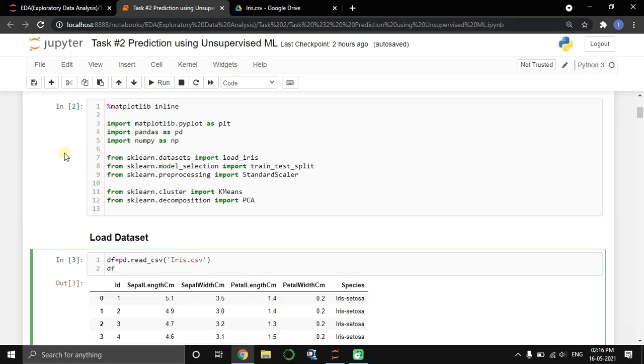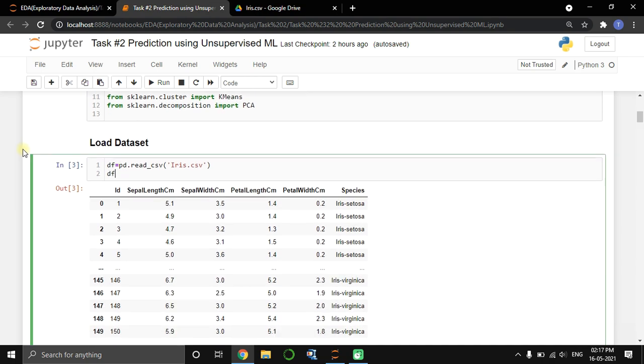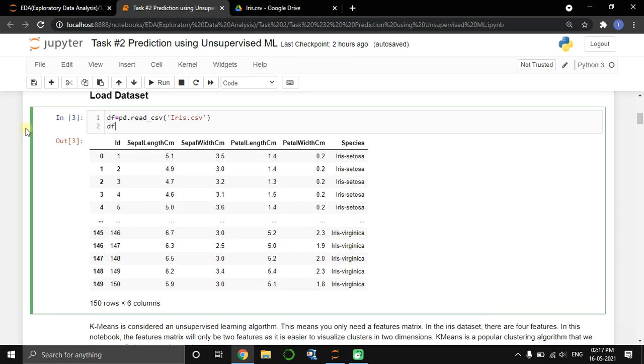Let's begin with importing the necessary libraries. We'll be importing matplotlib.pyplot to keep track of things like the current figure, plotting area, and plotting functions. We'll be using pandas for data analysis and numpy for mathematical analysis. We'll be using train test split to split the dataset into two parts, that is attributes and the label. We'll be using the standard scaler to standardize features by removing the mean and scaling to unit variance. We'll be using PCA, which we'll discuss later on. So basically we'll start by loading the dataset into the variable df. So we have loaded the dataset here into the df variable.